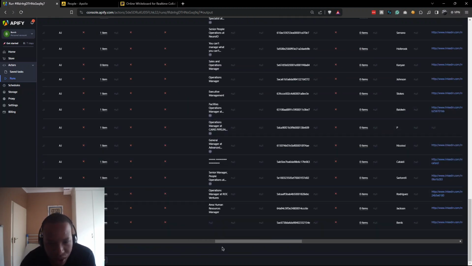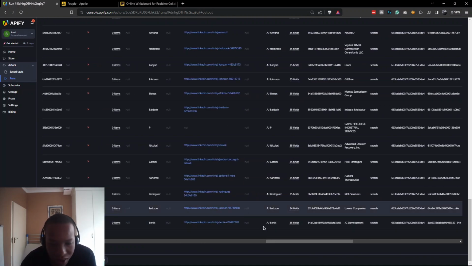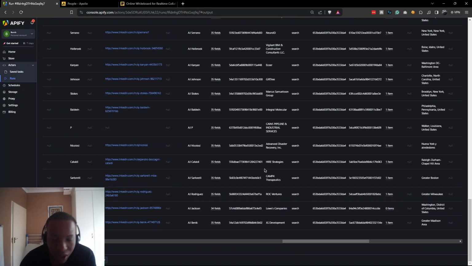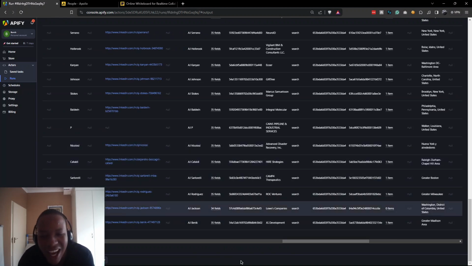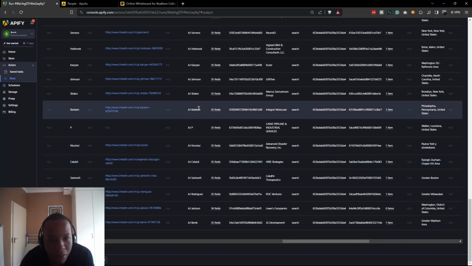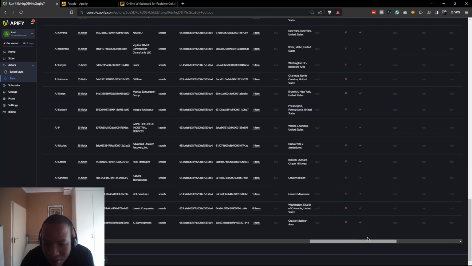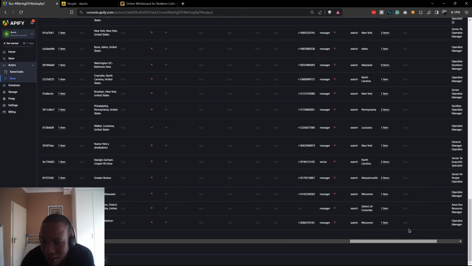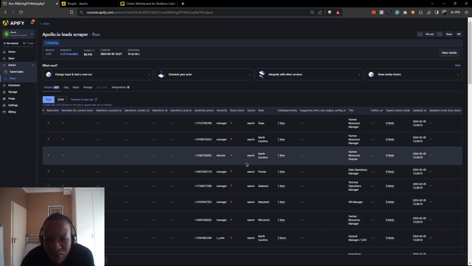It also shows the person's position in the company and their LinkedIn details, so you can add it into LinkedIn Sales Navigator to reach out via LinkedIn and email. The people's names, the company name, as well as